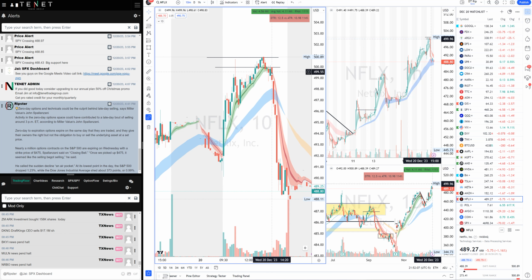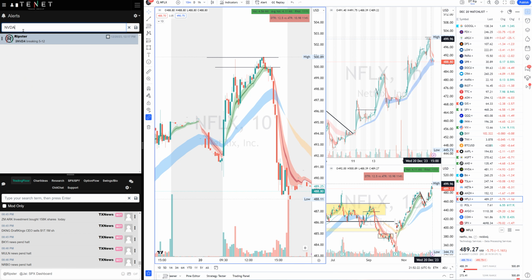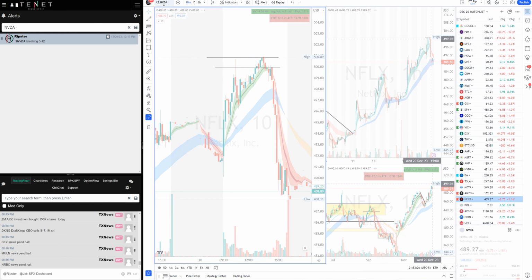500 is such a psychological level. If I was shorting Netflix, I would have shorted anywhere. Even there, I would have risked $3 because it's very hard to get over 500, especially in a bear market. Phenomenal risk reward. Similarly for NVIDIA, when I said it's breaking 512,